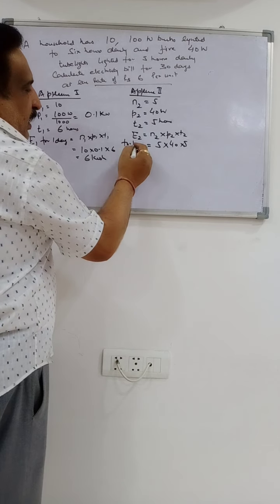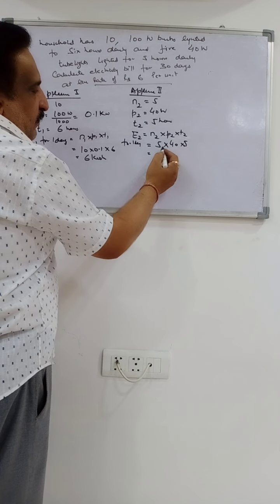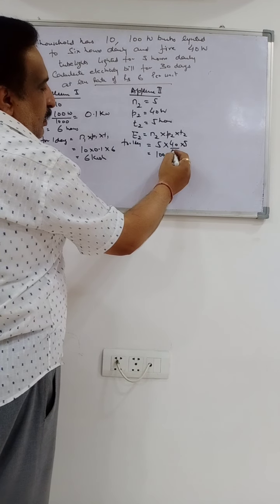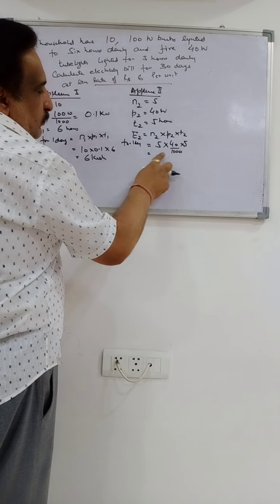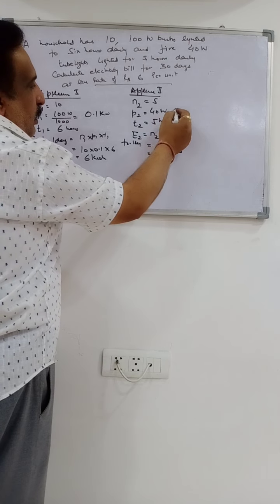ये भी फॉर 1 डे है तो कितना आ जाएगा? 40 into 5 into 5 by 1000. Power has to be in kilowatts. So 40 into 5 into 5 by 1000, so that comes out to be